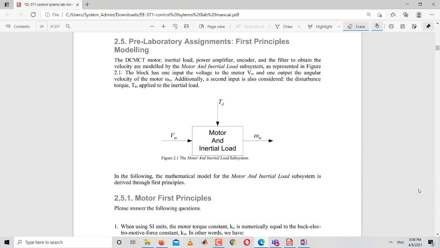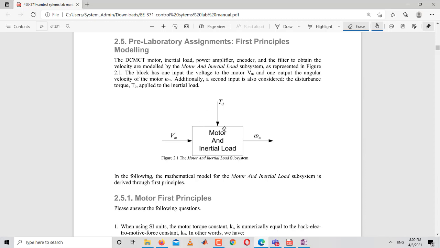plant model that is under discussion. So remember the block diagram of a control system. Plant in our case is the motor and the inertial load connected to the motor, whereas the input to this system is voltage Vm, and we just talked about Vm. It is the voltage coming from the amplifier and being fed to the motor, and the motor is going to move with the help of this voltage. The motor will be operated with the help of this voltage.